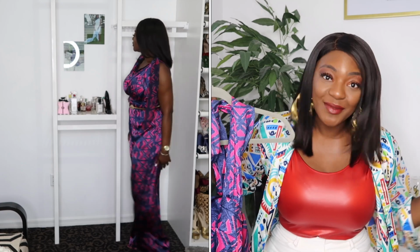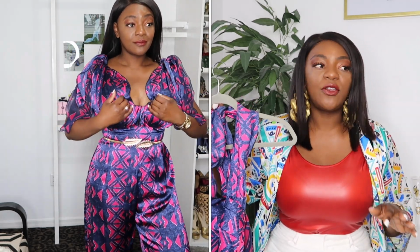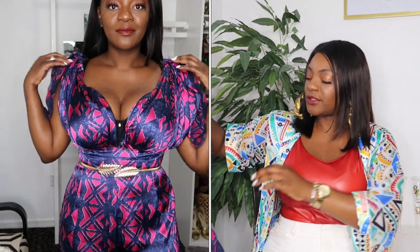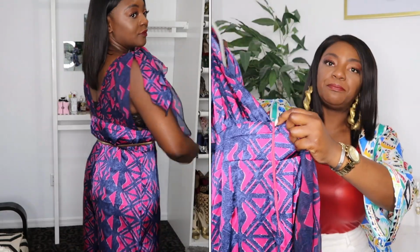I'm talking too fast because I'm excited. And the fabric that you want, and you can get your custom made piece. I want to say this was $125 or $150. Again, I know you're thinking a little bit on the pricey side, Jen, but y'all, let me tell you, this piece is everything. So as you can see here, it ties, it has a zipper closure, so it's totally open